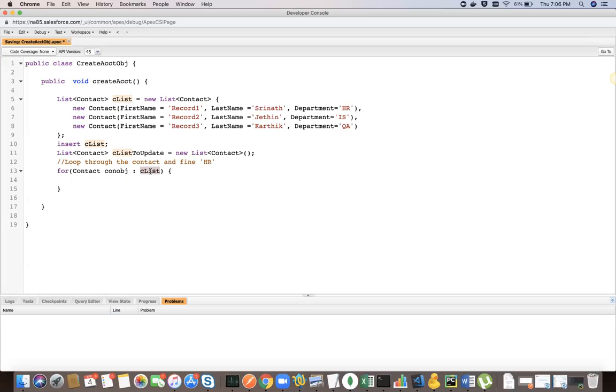Then for example, in the first object or 2nd object or 3rd object, I'm checking. We now know object dot field name, right? We saw it in the last class. When we inserted, we know each object's fields can be retrieved. I'm saying object dot department. If object dot department